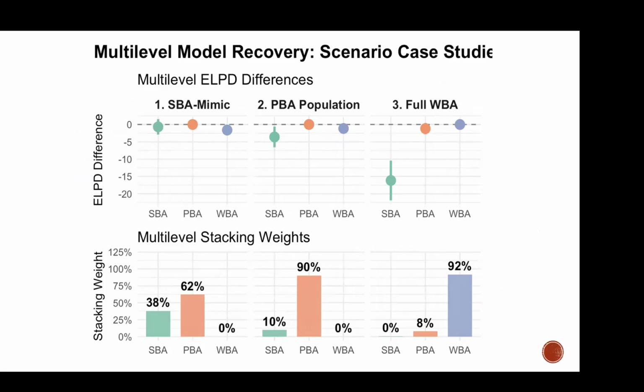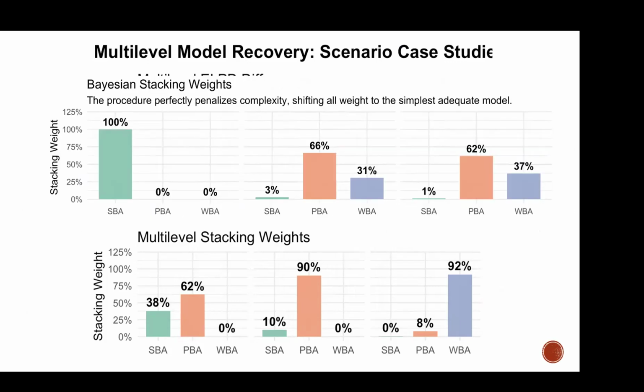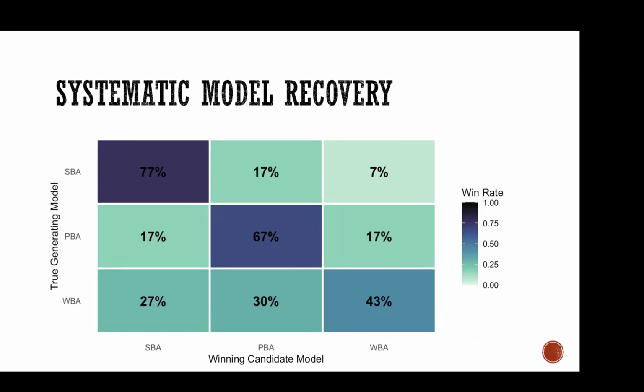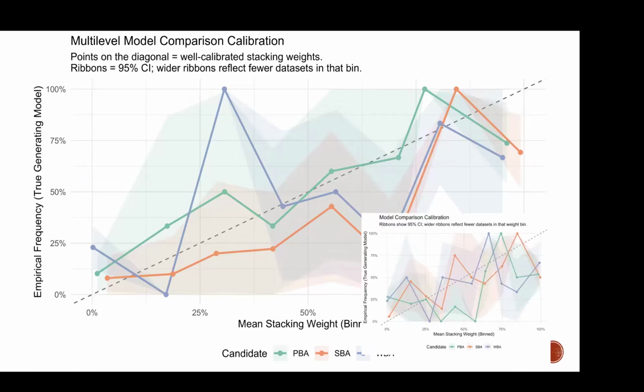And what I wanted to show, though, is that when we do model recovery, actually, here is where we were before with a single agent, and here is the multi-level agent. So we're actually doing better. So we are gaining something, at least in the model recovery. And then we look at the confusion matrix, which is slightly better again, right? Not fantastically, but it is learning something. Calibration is better.